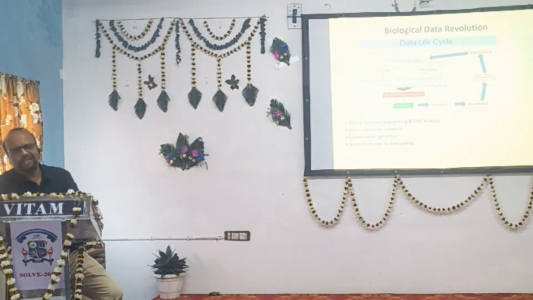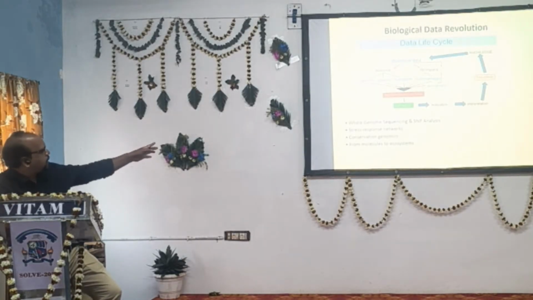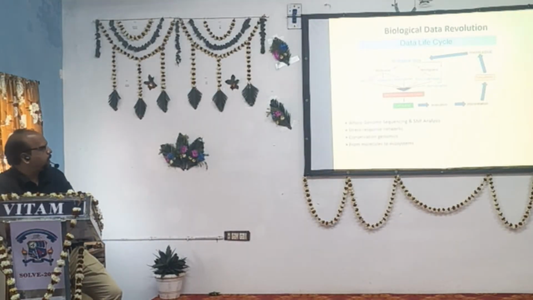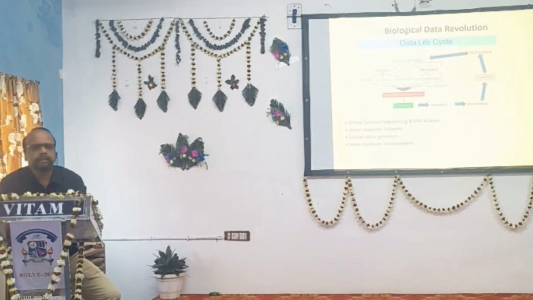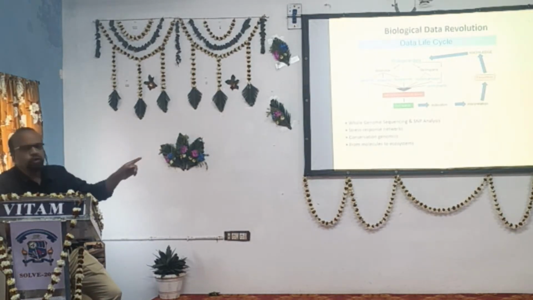That's why we should discuss this in an open platform like an international conference like this. So you can see in your lab you are handling a lot of data types and you should correlate with the environment, then the entire life cycle goes like this. So for my team, we are doing whole genome sequencing and SNP analysis. Whole genome means, in the year 2001, we started with that to know all the genes. 35,000 plus genes were already identified, having particular protein products. And stress response network, conservation of genomics, and from molecules to ecosystem. So my basic thing was from molecules to ecosystem and vice versa.